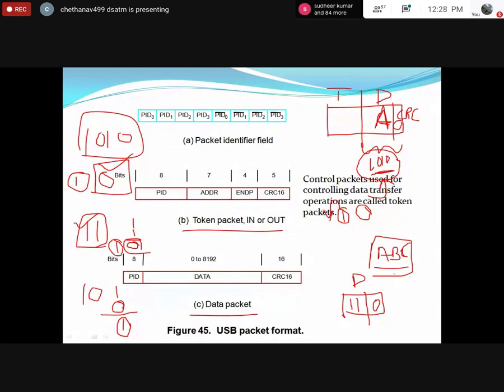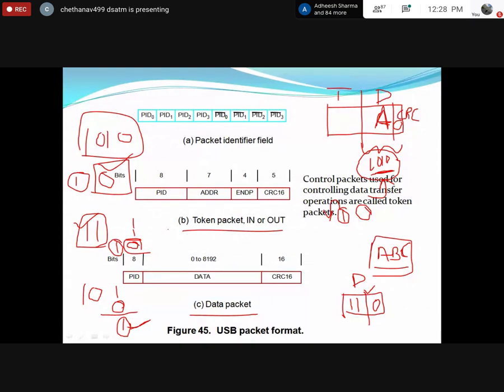Now, what will the receiver do? The receiver will again do the addition. 1 plus 0 is what? 1 plus 0 is 1. So the CRC code I'm getting is 1, but what am I supposed to get here? I want to get 0, but instead of 0, I'm getting 1. So it indicates to my destination that your data has been altered. Your data has been manipulated. That is what it indicates. I hope you are clear with this concept.